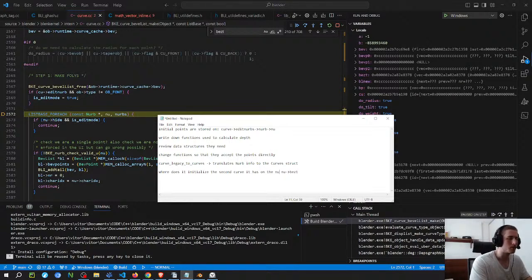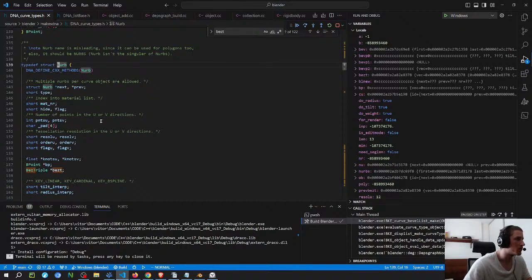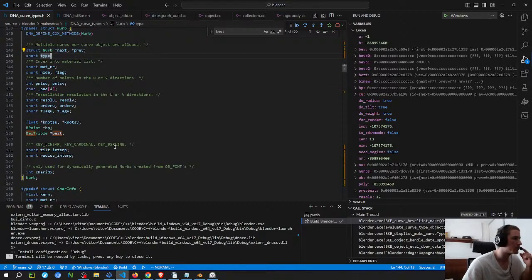On the NURBS. As on no. So I think that no has this no here. It's gonna be a NURB. So on the NURB you have probably, because this is a pointer, this is not one value. So it's like I said before, it's like the pointer of this type here, which means it's gonna create an